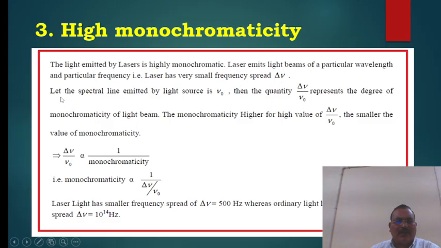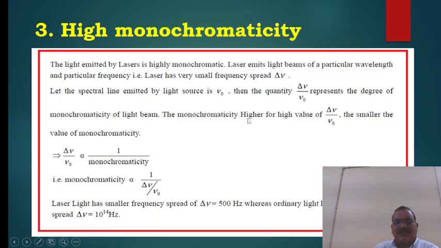And let the spectral line emitted by the light source be nu naught, the initial frequency of that light. Then the quantity, that is the frequency spread, the change in the frequency after traveling some distance, divided by nu naught,